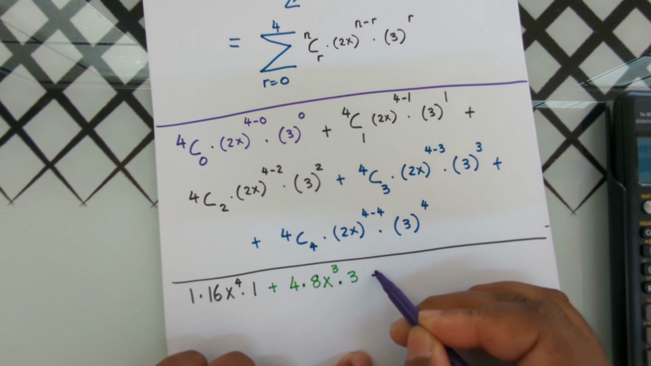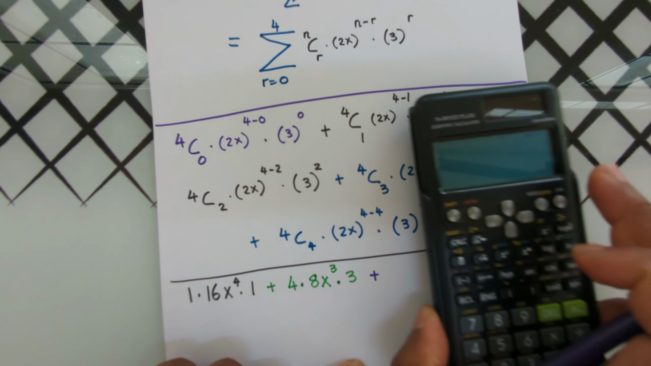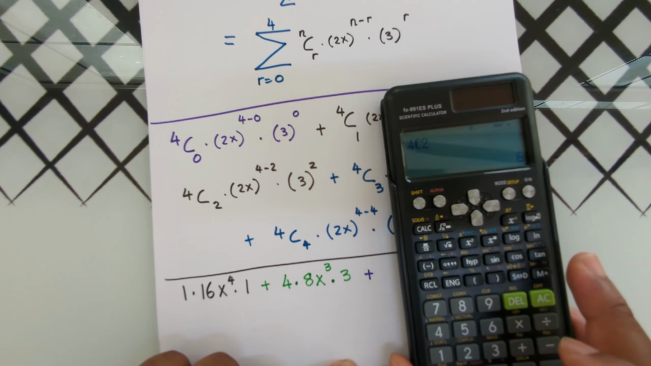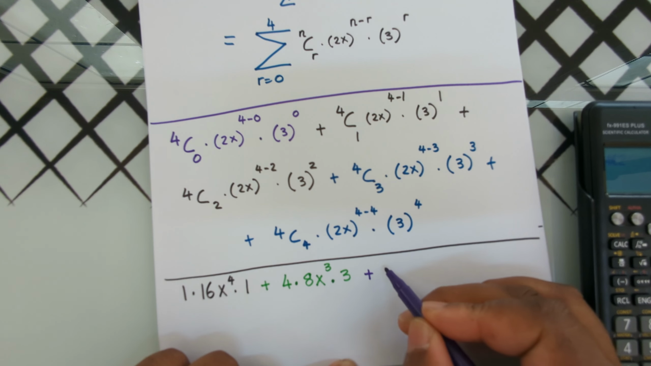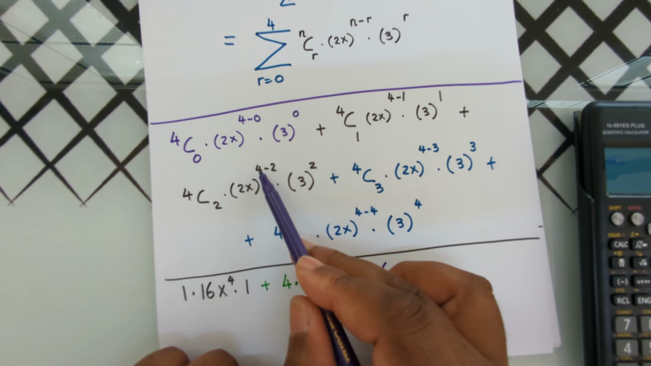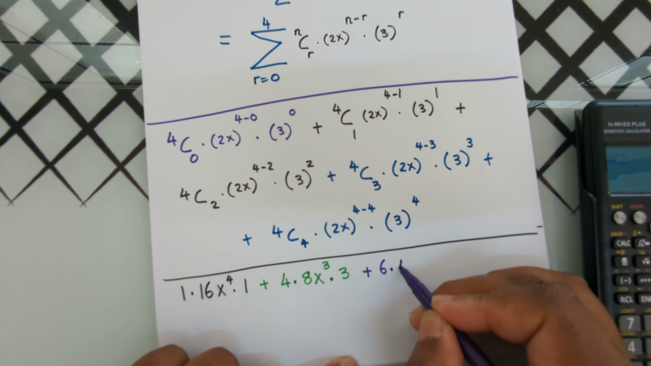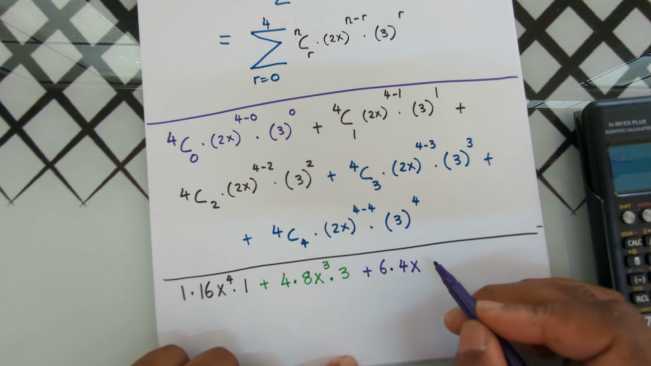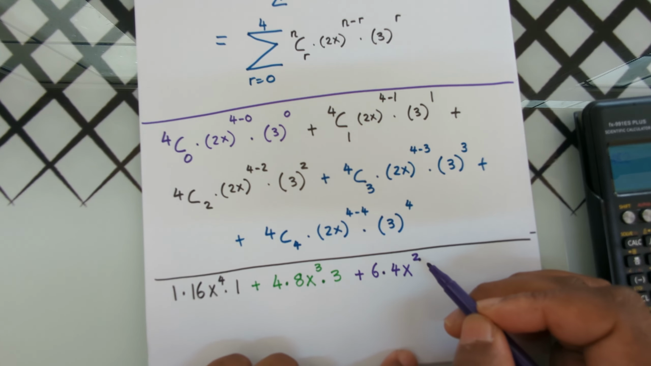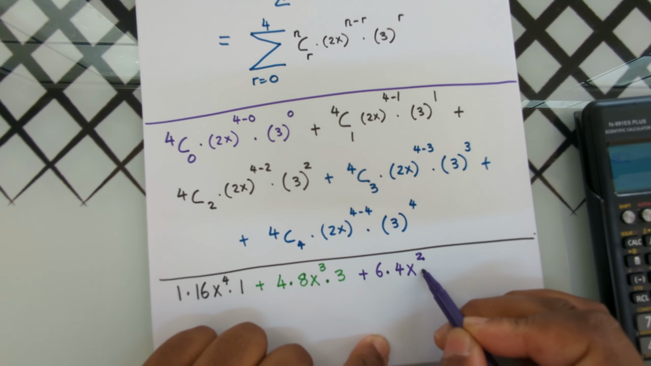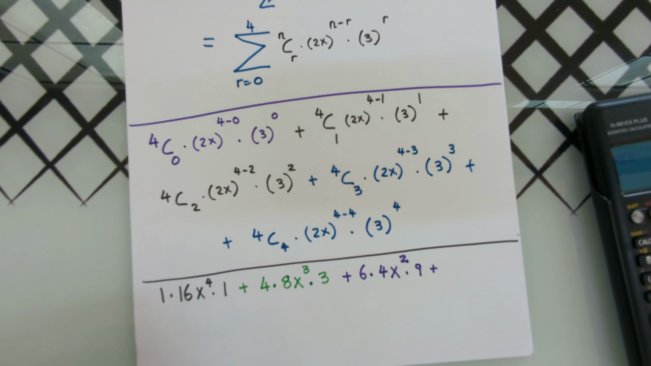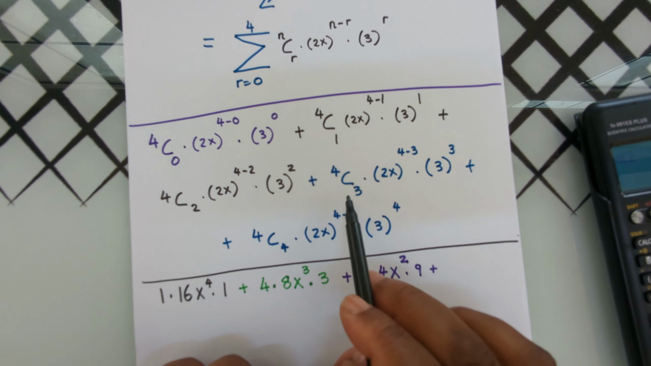Let's move to the next term, which is this one, 4 choose 2. Again, we're going to say 4 shift division sign 2. This gives us 6. So 4 choose 2, that's 6 being multiplied by 2x to the power 4 minus 2. 4 minus 2 is 2. So 2 to the power 2, that's 4, x to the power 2, being multiplied by 3 to the power 2, which is 9, plus the next term will be this one, 4